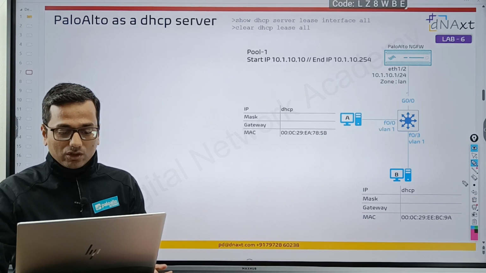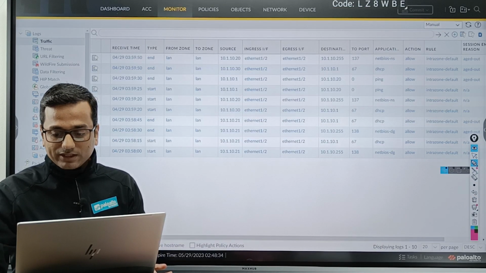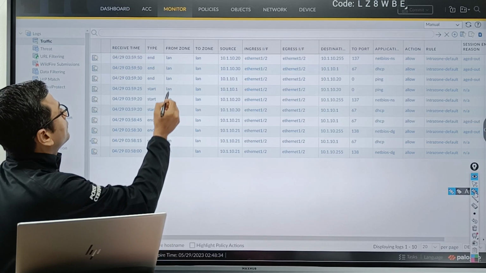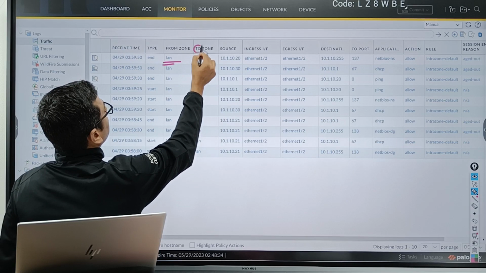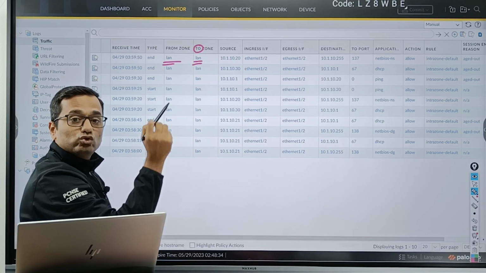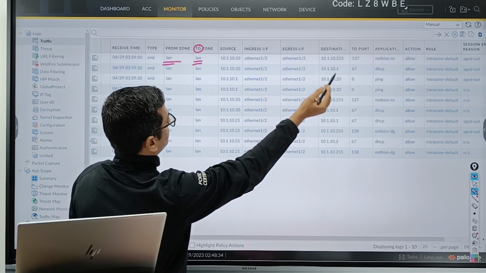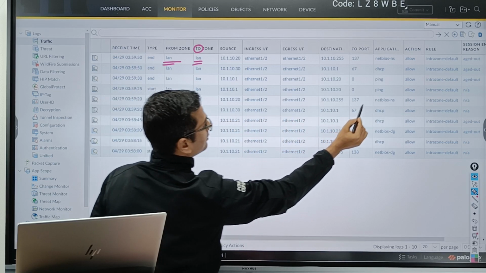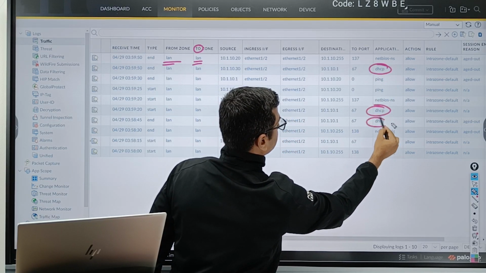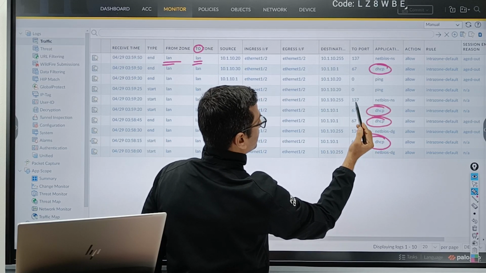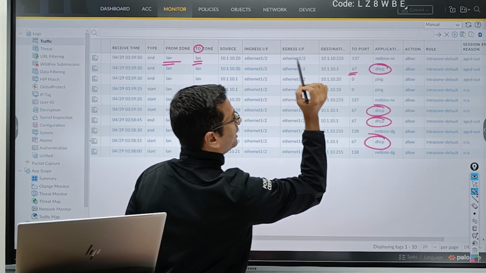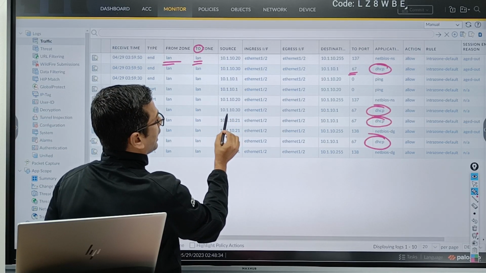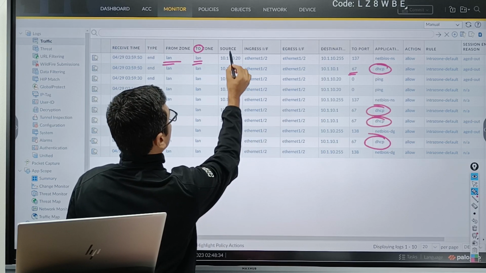Okay, go to the logs, and here you can see the logs. From zone LAN to zone LAN, source IP address, it's NetBIOS, my bad. Forget about this NetBIOS. This one, this DHCP log. Guys, you can see port number 67 UDP, which is always used by your server. Okay, so if you look over here, source IP